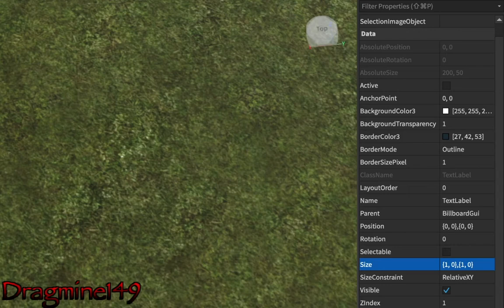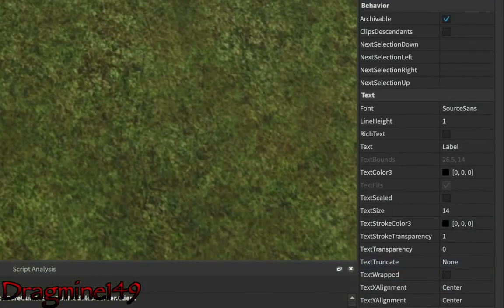And then if I scroll down even further, I'm going to set the text to, let's set this to owner. And color will be a nice red color.